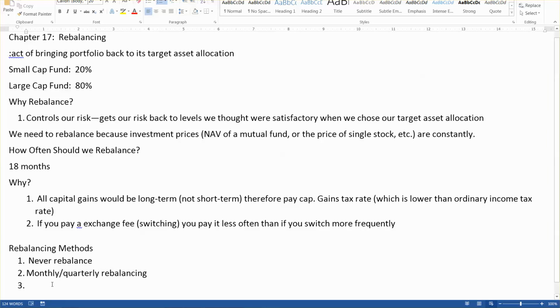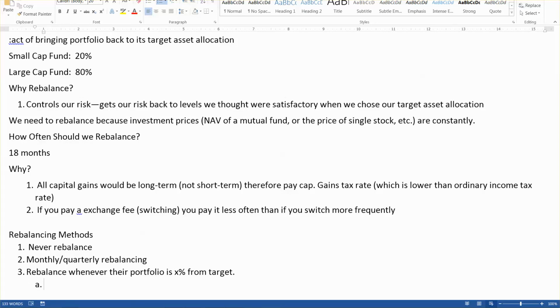And then some people don't look at it at a specific point in time. They don't go, I'm always going to rebalance in December, or I'm always going to rebalance on my birthday. They just track their portfolio and they say, "Oh, I'm only going to rebalance if I get a certain percentage away from my target." So they rebalance whenever their portfolio is X percent from the target.